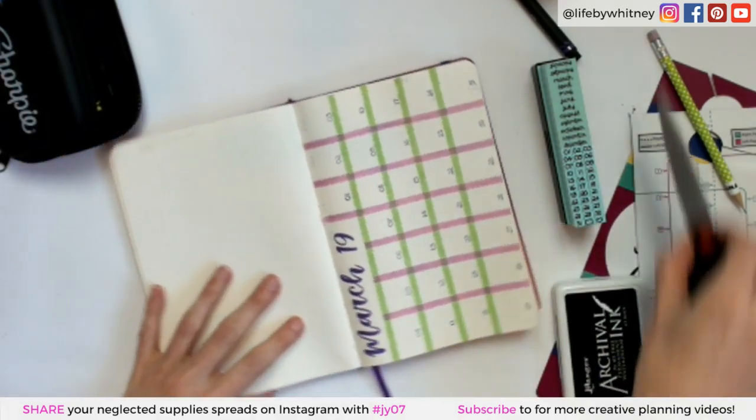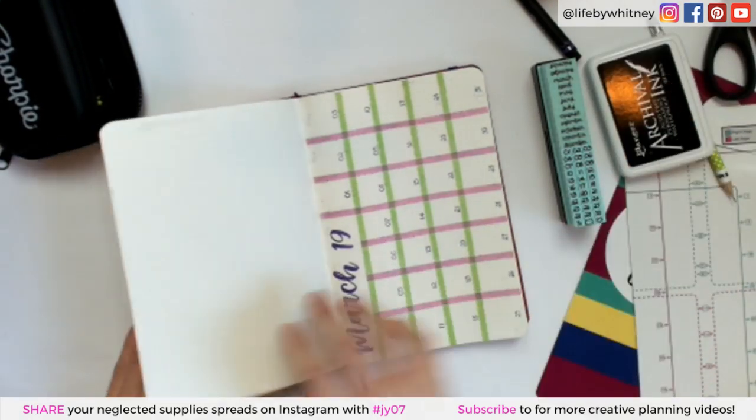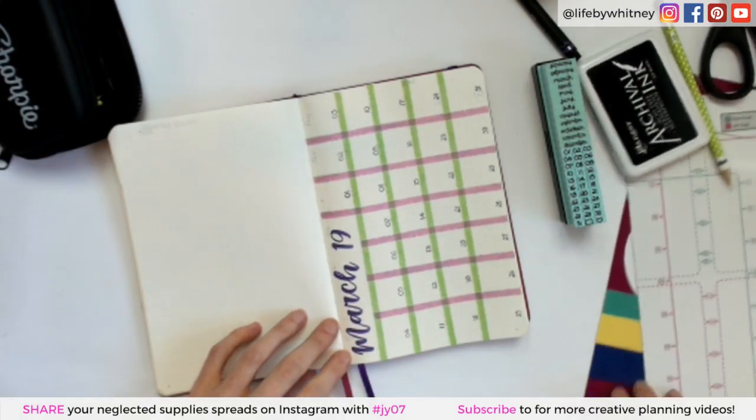All right, so the next thing, I'm just going to split the page up. We'll do